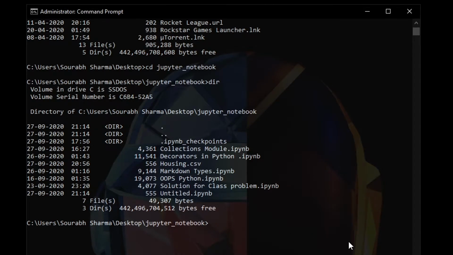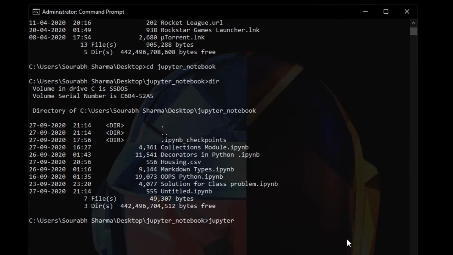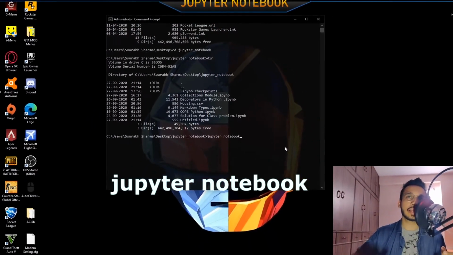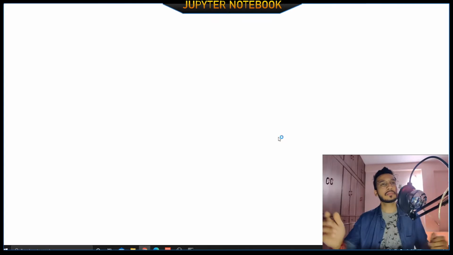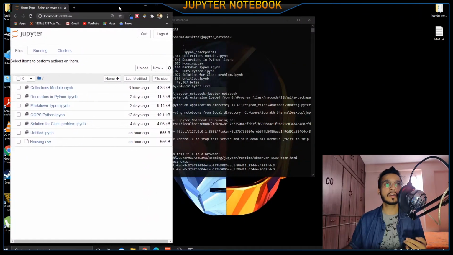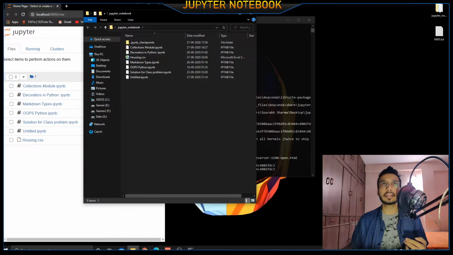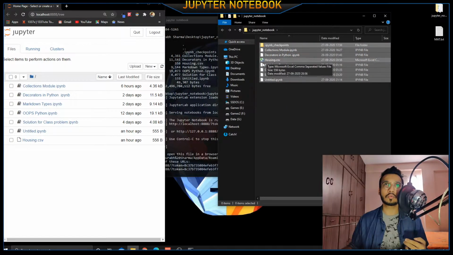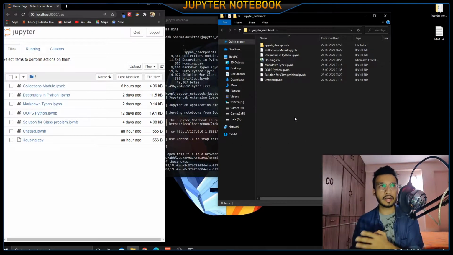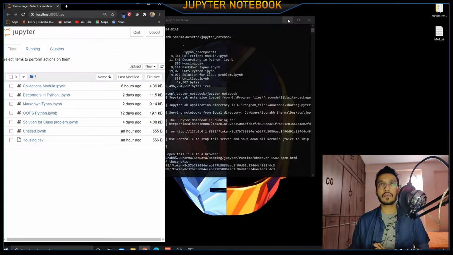So this is my directory, and now all I have to do is type jupyter notebook. I'm not going to spell the name. So the moment I type this and click on enter, it is going to load the Jupyter Notebook for us. If you can see, we have fired up the Jupyter Notebook in our specified directory where it should be. Let me just give you a short comparison of where it is. This is the directory, and this is what's there in my directory that I want to move. You can see this is an exact reflection of the directory that's on the right side. And that is a good thing. I mean, we have actually fired this thing up.